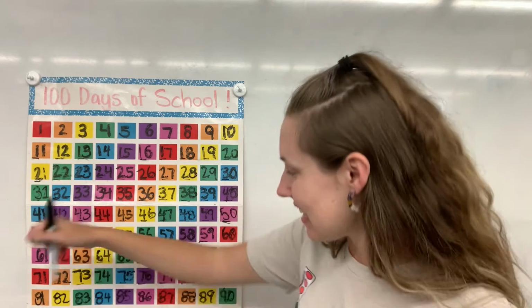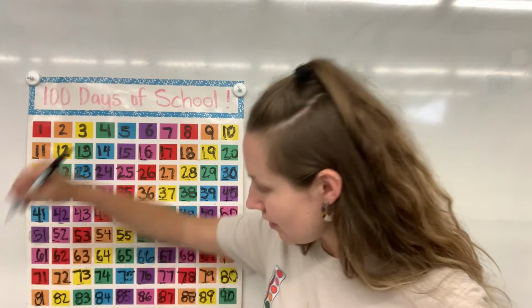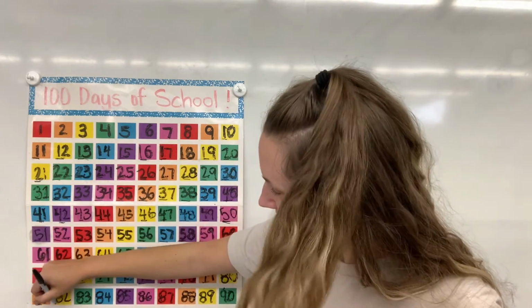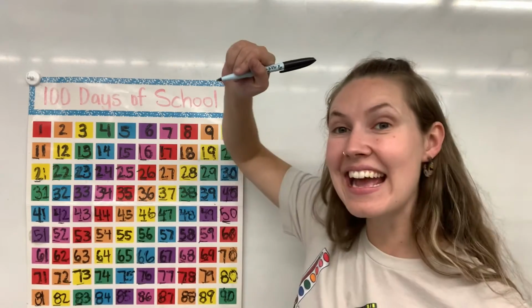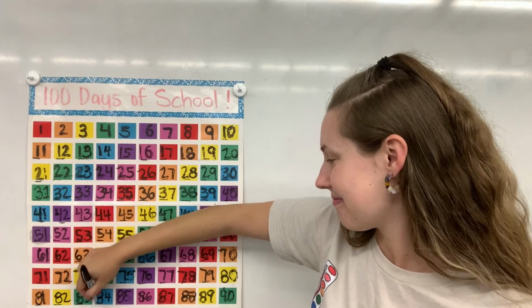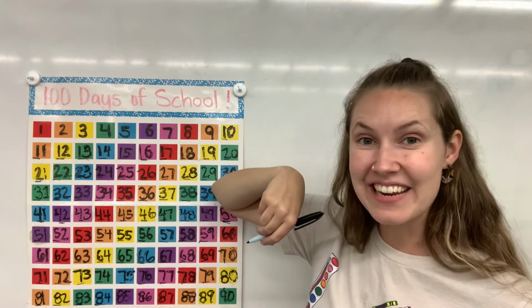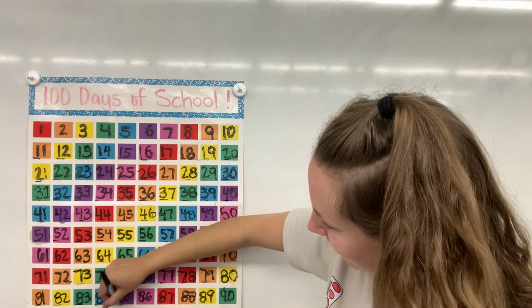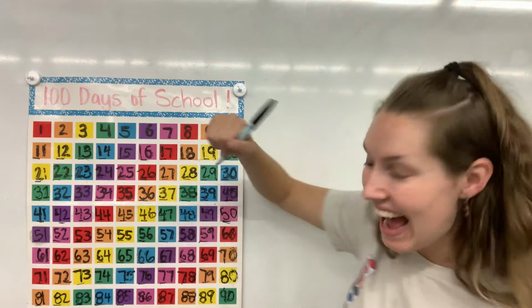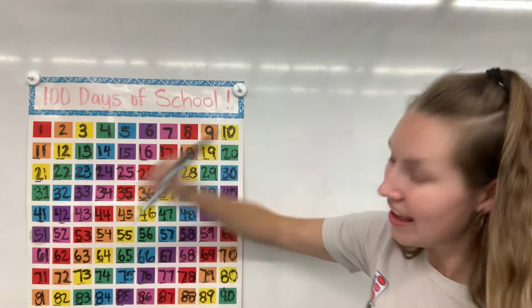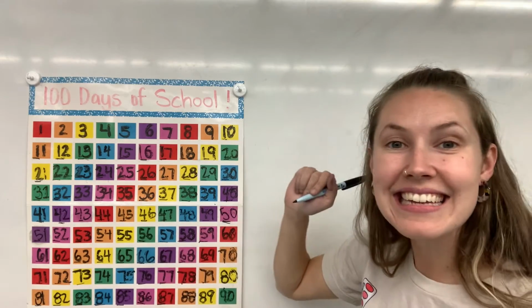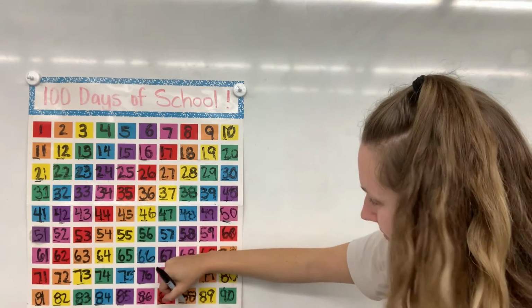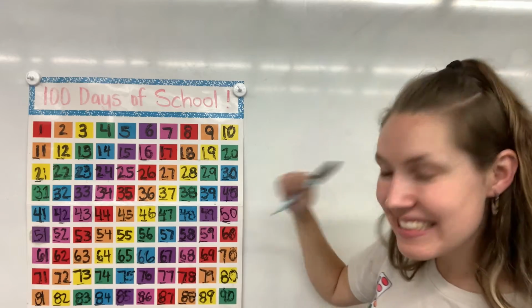So now I'm going to underline all of the 8s in the front. 81, 82, 83, 84, 85, 86, 87, 88,